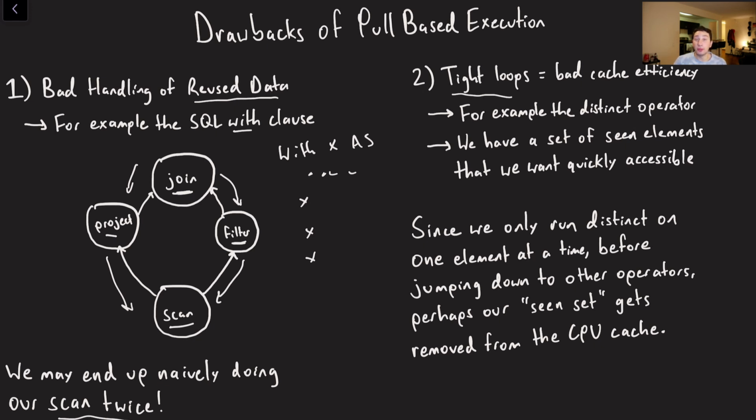Number two is that we're doing something called tight loops. Now this, I'm really starting to get hand wavy because I can't even necessarily confirm that this is 100% what they were talking about in the paper, but to the best of my knowledge, I think it is. A tight loop is basically when you're running the same loop over and over again, and you're never yielding to a context switch, to switch to another thread.